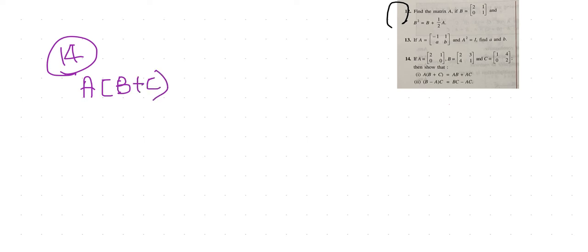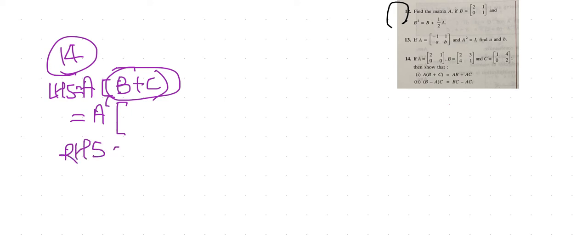multiplied by B plus C, so you will be writing like this, that LHS is equal to this one, and then you will be writing down A, and this is being multiplied by B plus C. So B you will be taking first. So what you will be doing first, you will be calculating B plus C, and then you will be multiplying by A. Okay, so this is basically an LHS RHS type of sum, and in the RHS what you will be writing, you will be multiplying A into B, and then you will be adding that to A into C, and then you have to write down, we have to show that both the values are exactly same.